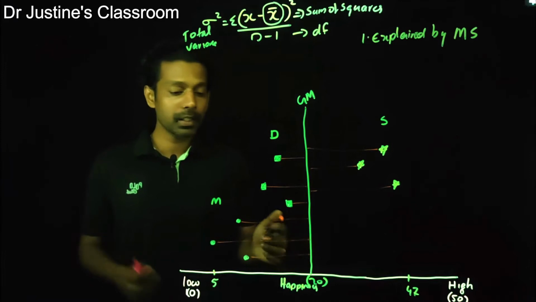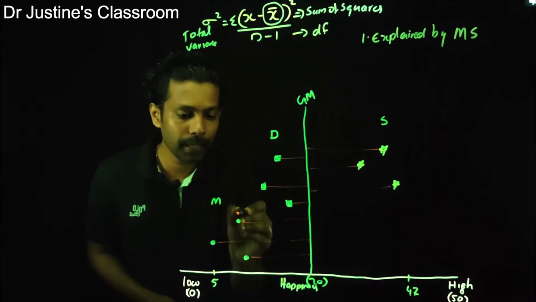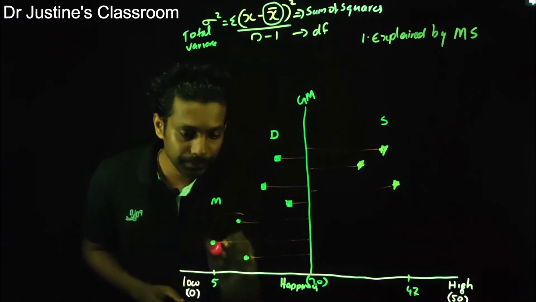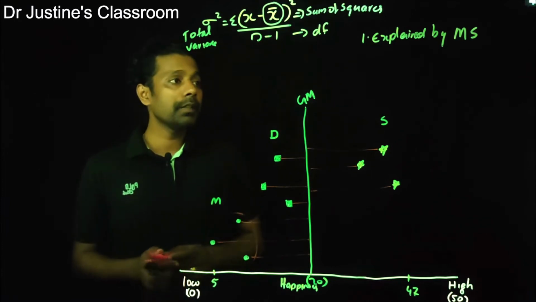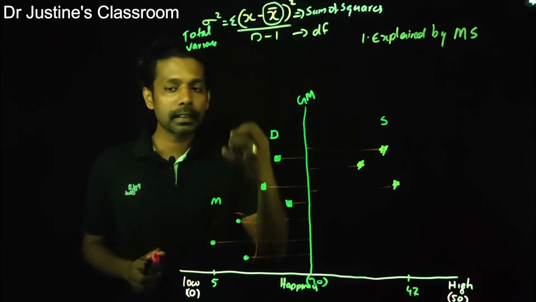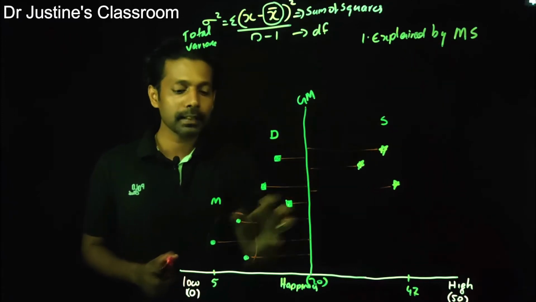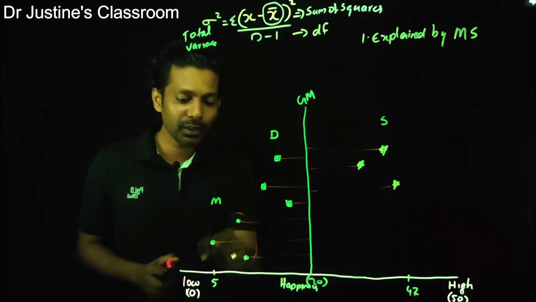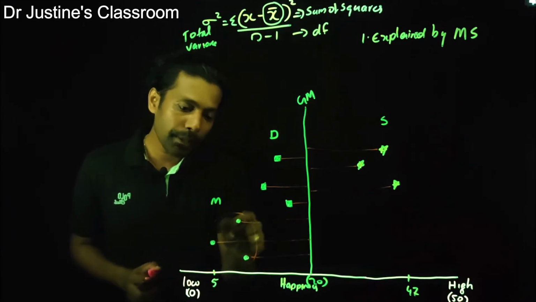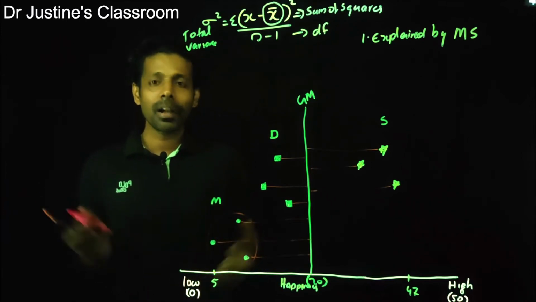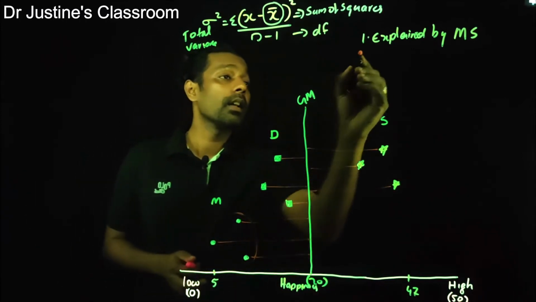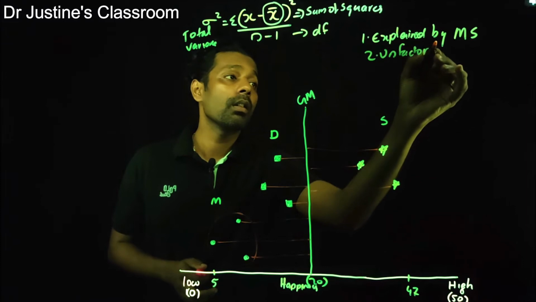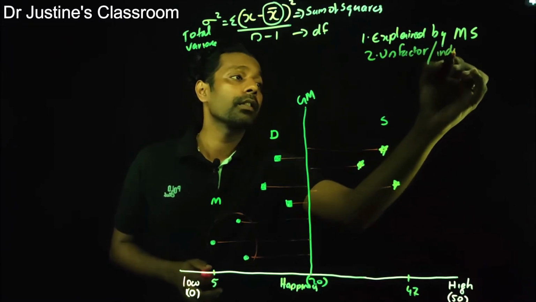And if that is a condition, let us look into one particular group, that is married people. If the reason for low happiness is really the marital status, that means if you take one particular group, everyone should have the same score, right? But look at these three members who are married, their happiness scores are varying. Why? I'm not aware of that reason. So I call this unknown factors, or I'll call it individual differences.